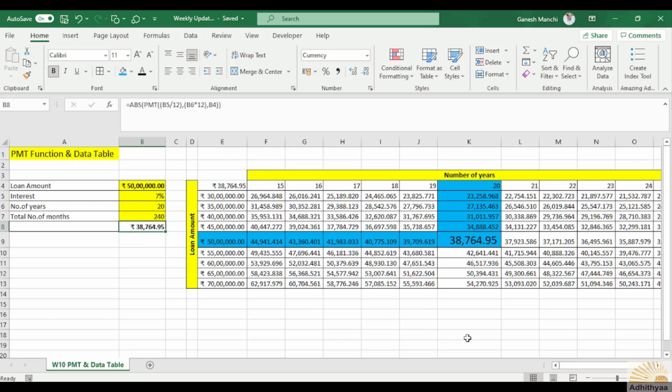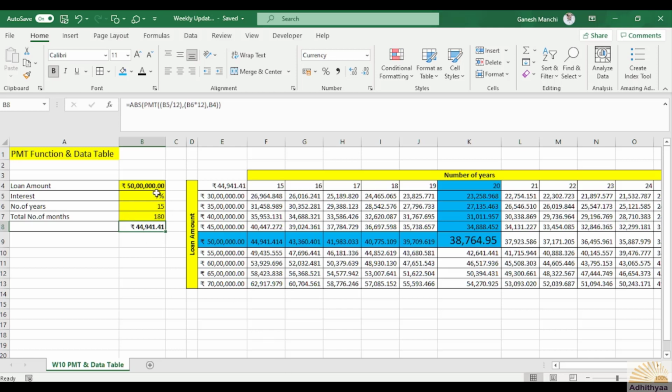All right. Suppose if you want to reduce this to 15 years, the loan amount is 50 lakhs, but the number of years is reduced to 15. Let's see what happens. It has changed to 44,941 rupees and 41 paise.